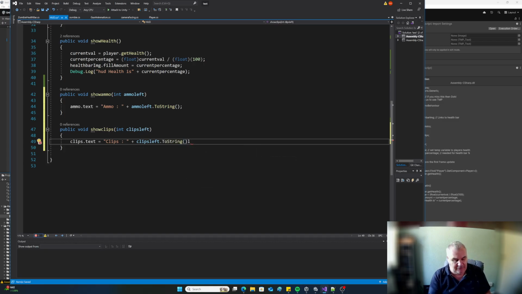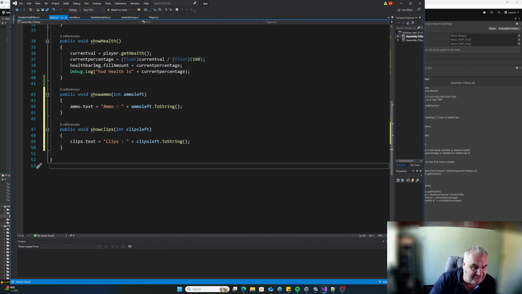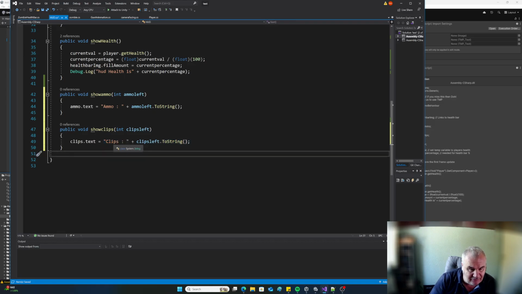Right, I did it really quickly. Let's try to slow down a bit here. So this function here called show clips that we're going to access in the player code in a short while will display on screen wherever we pass to it with the word clips. It will just basically pass wherever we want to it. So if I go to player now,